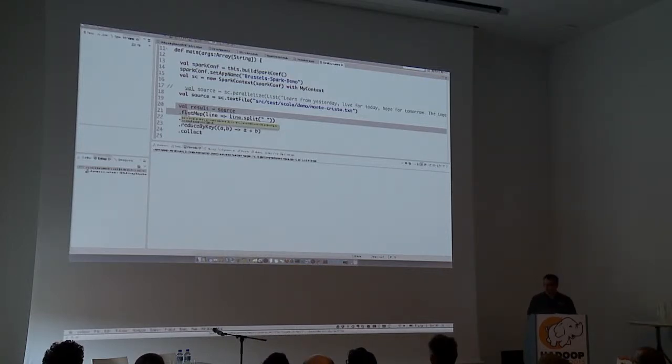Okay? Now, there's more. Let's look at the last line of code. Collect. Right? So what is it going to do? It's going to bring all that data into memory. Well, if I have a few kilobytes of data, that's fine, right? But if I have a few terabytes or petabytes or whatever other bytes, it may not work.